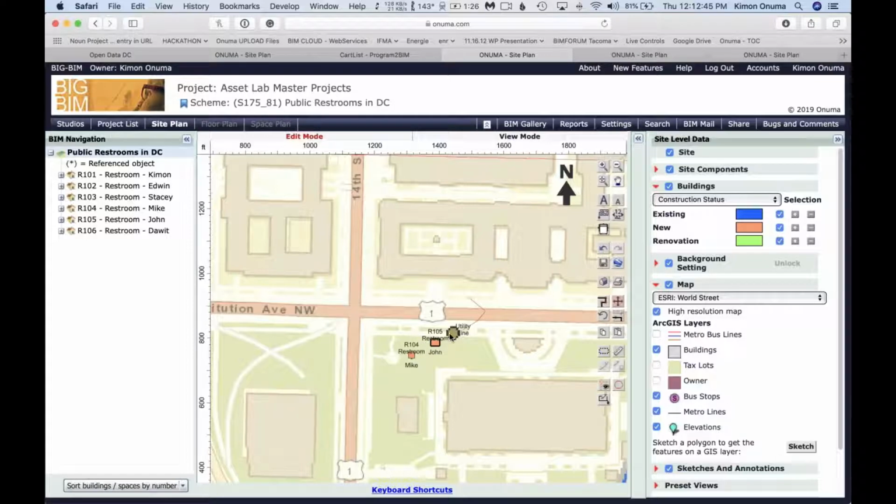And I can't move this bus stop because it's owned by somebody else, but I can certainly move the restroom, which I decided to put there. So then all of a sudden it becomes a relationship of, can we put that on that site and how much it's going to cost, and all those kinds of things.